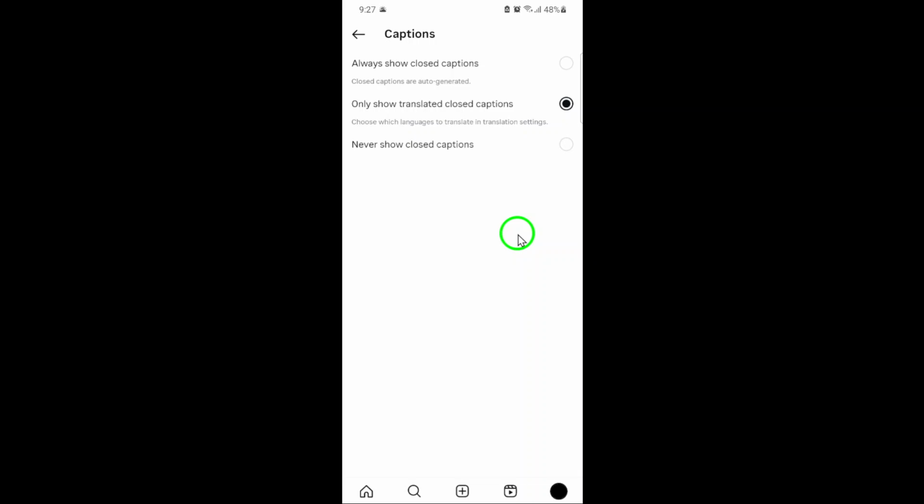This is perfect if you want to keep your screen uncluttered, but still want to understand videos in languages you don't speak. If you ever want to change this setting, just follow these steps again and pick a different caption option. Enjoy a more personalized and accessible Instagram experience, and don't forget to explore content from all around the world,